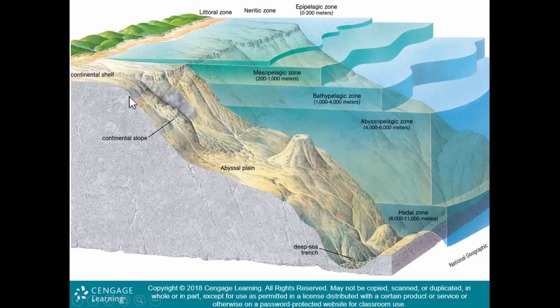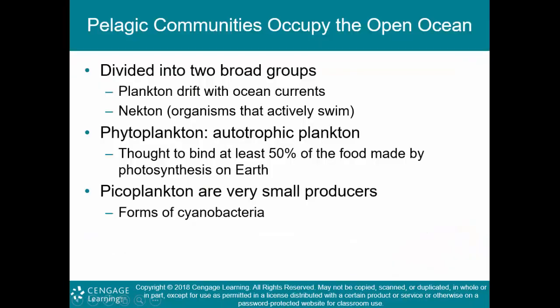And so, again, this is sort of a compressed version of what the ocean looks like in the different zones of the ocean. But again, it does tie into those ocean basins, which tie into tectonics and how different margins are passive or active. So the pelagic community occupies the open ocean, and they are divided into two broad groups,